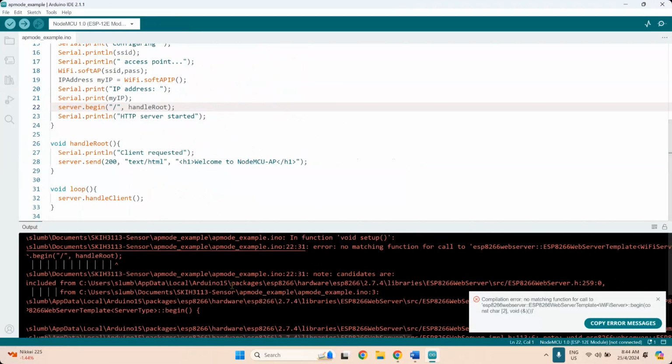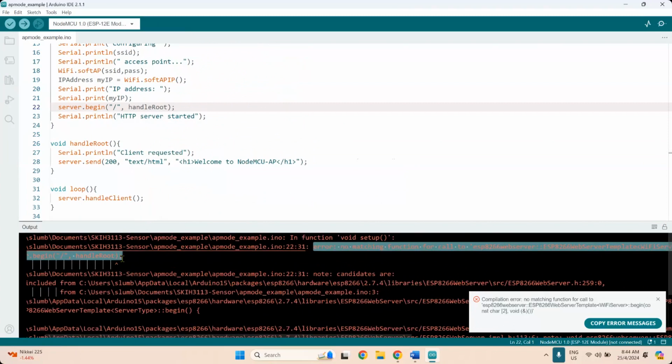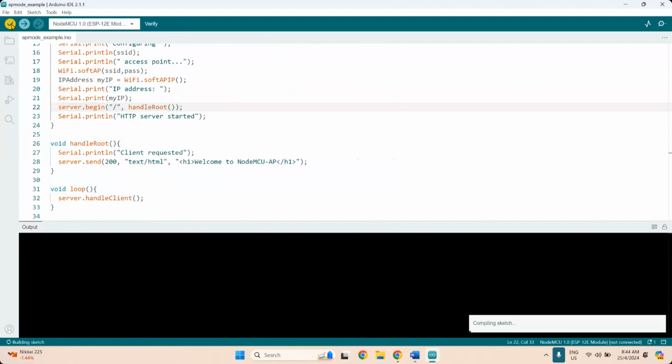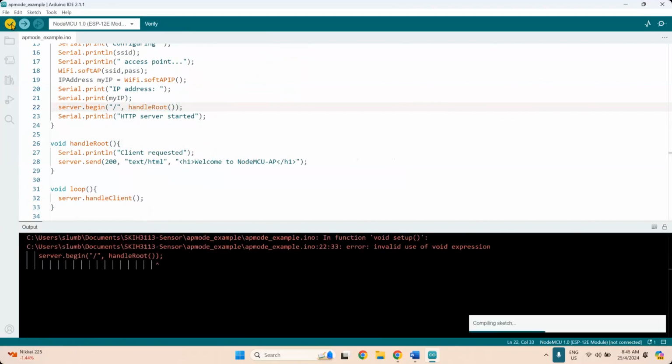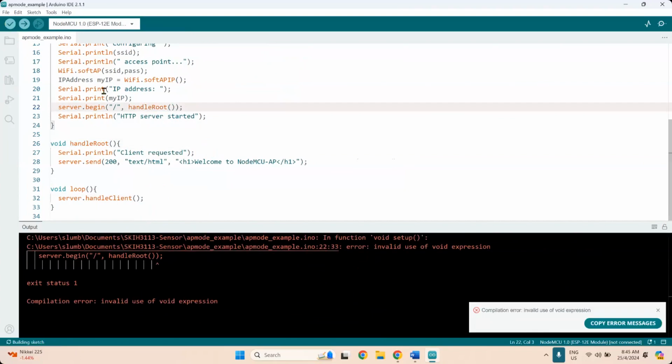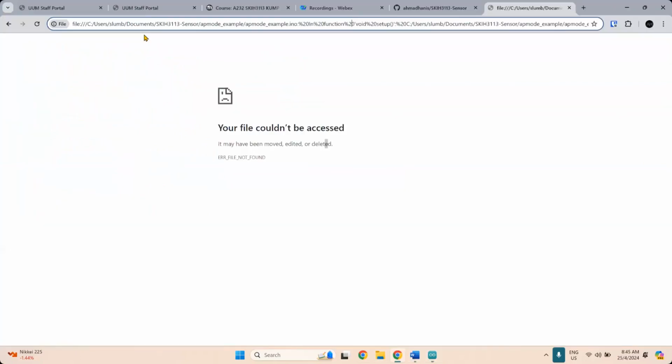Okay, so trying to solve this, calling ESP, no matching. Handle root, this is handle root, server.begin. Do I need this? No, not this one. It's supposed to be straightforward.